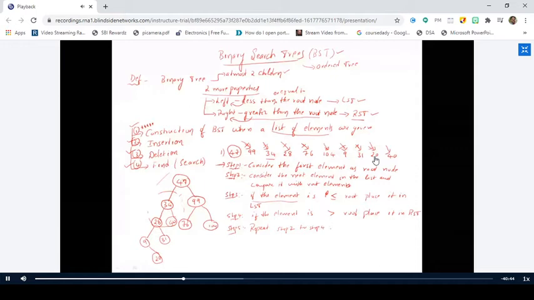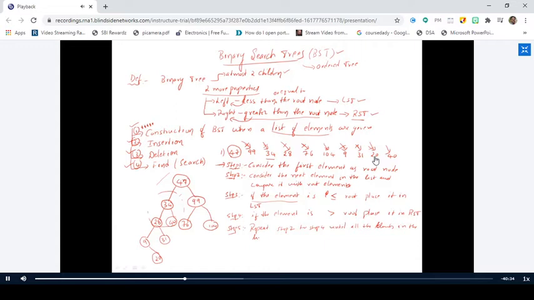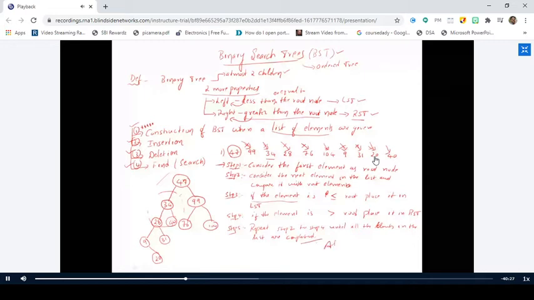Until when? Until we reach the last element, until all the elements in the list are completed. So this is a simple algorithm we have written for constructing a binary search tree using a list